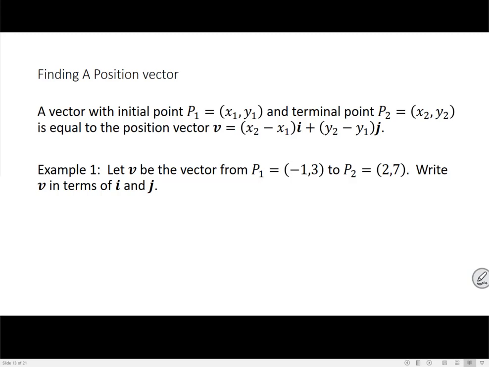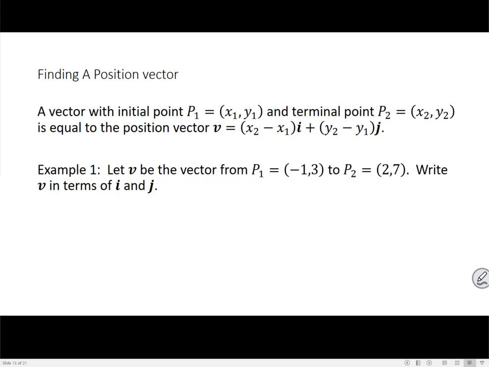Hi class, in this video we are going to find a position vector. So in this example we are going to take a vector that is represented with Cartesian coordinates with an initial point P1 and a terminal point P2, and we are going to take that and make a position vector out